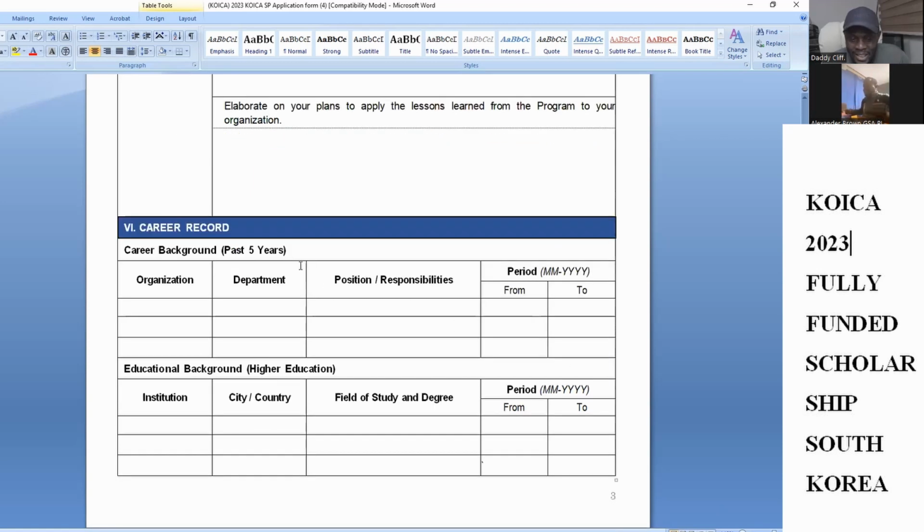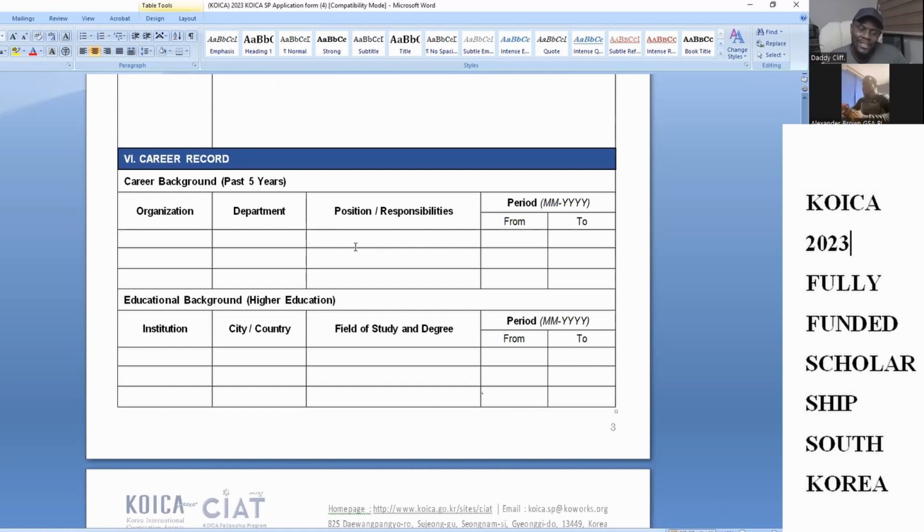The next one is career record. I think this one is self-explanatory. For the past 5 years of your life, you should state the organization that you worked for. This is 2023. Maybe from 2018, you worked for the Ministry of Basic Education, that's the lower level of education. And then you worked for maybe the Department of Human Resource, and maybe you were the secretary. You just state from January 1st, 2018 to maybe January 2nd,